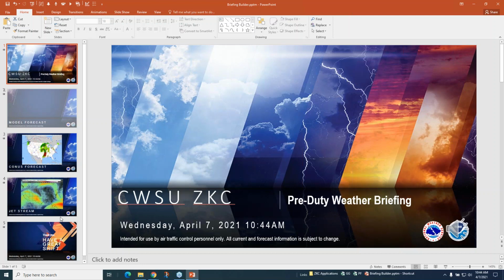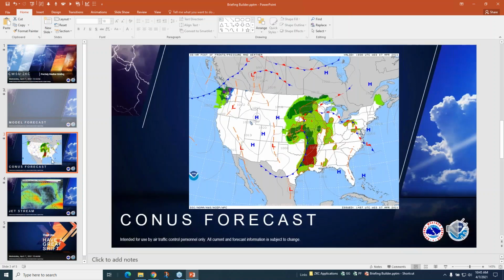Now let's say you also have a long briefing with lots of animated images that take a long time to load, but I just want to update this prog chart. It's the only thing I want to do. Well, you can click the update button and then select no, and it'll just update that one slide. That's it. So again, little time savers that help us get that briefing done quickly. So that's basically how you can get your slides set up.